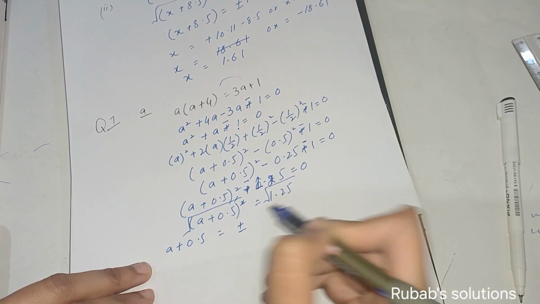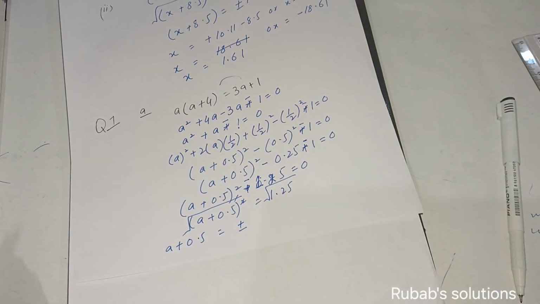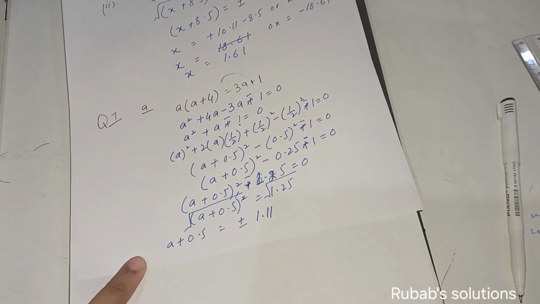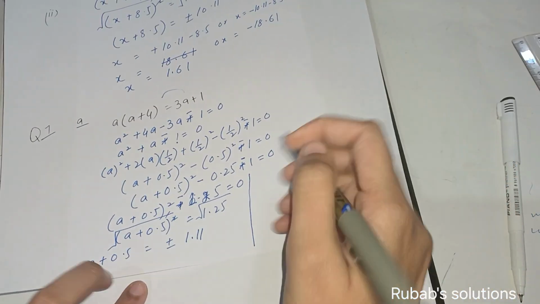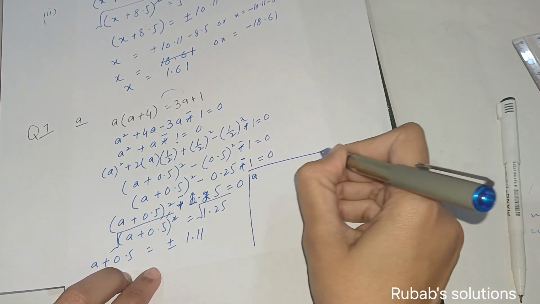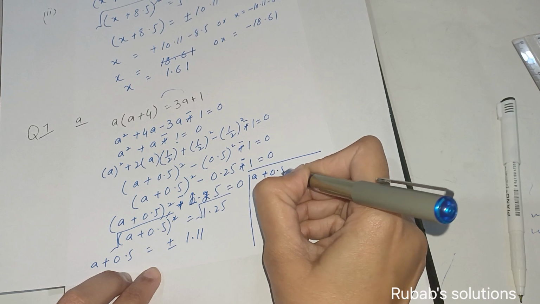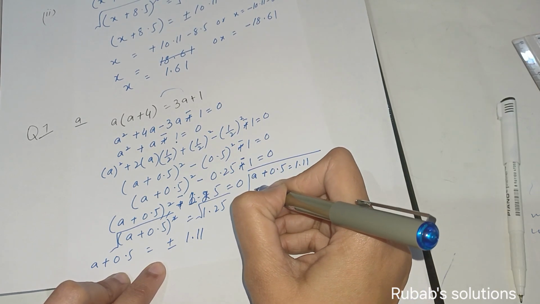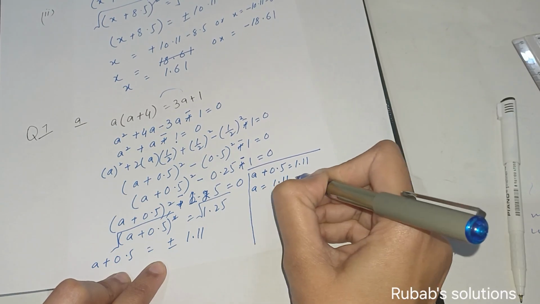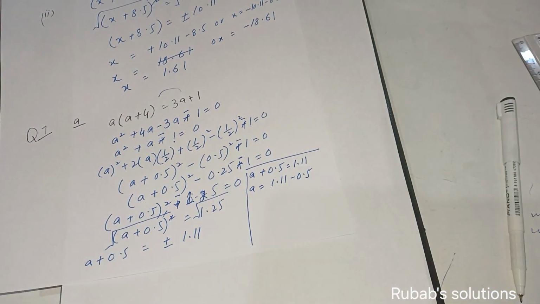This is equal to plus minus taking square root of 1.25, and I'll get an answer that is square root of 1.11. Now one time in plus and one time in minus, so it will become a plus 0.5 is equal to 1.11, and from here I will get an answer 1.11 minus 0.5. So the answer will be equal to